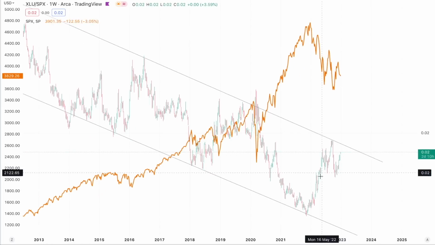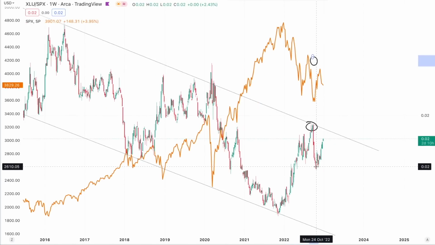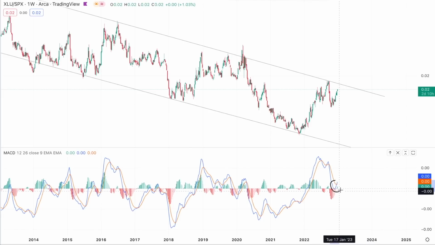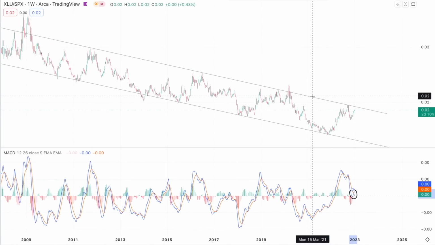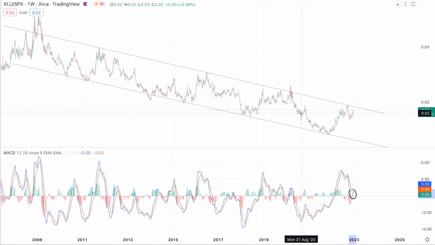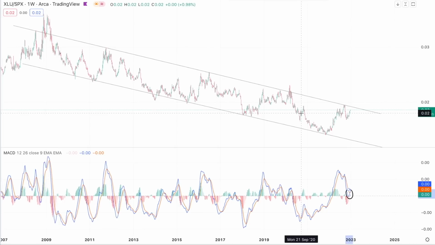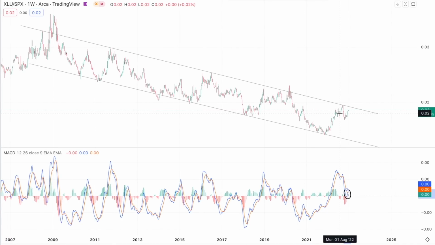And more recently, we saw the utility sector tag the top of this price channel here, marking at that exact moment the low we saw in October of 2020. Now the ratio seems to be turning back up again, and momentum also turning back up, flipping back into bullish territory. So in this video, we are going to be diving into how we can use the utilities sector not only to time the S&P 500, but also outperform, and more importantly, what it's telling us about the market today.